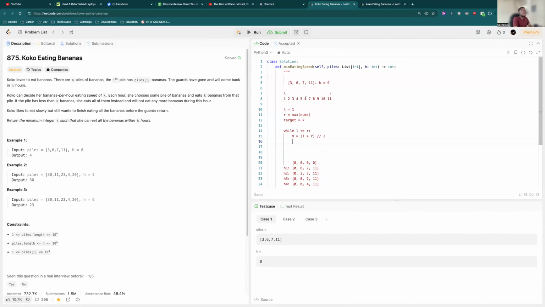So here it's like what? 6, right? Or 5. It's 6, 1 plus 11 is 12. So we're at 6. So our midpoint is here, right? This is what we have as our midpoint. We're like, let Coco eat 6 from every pile in every hour